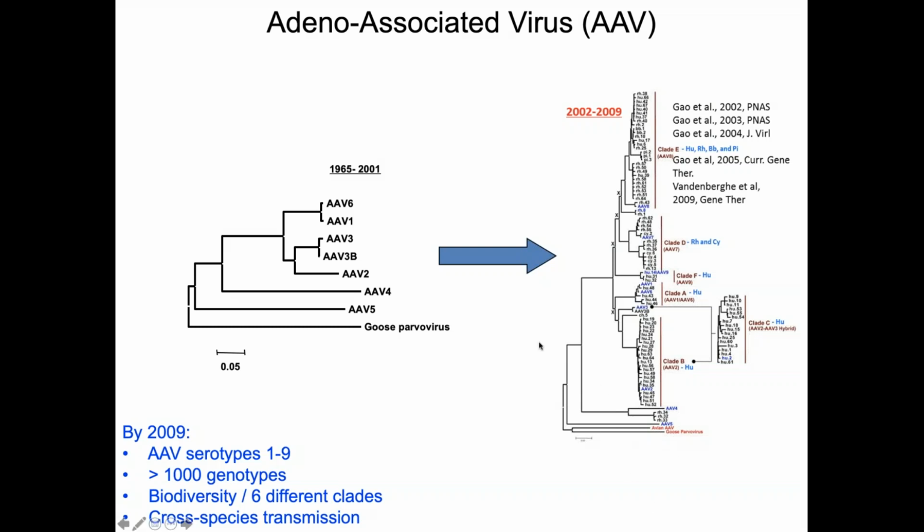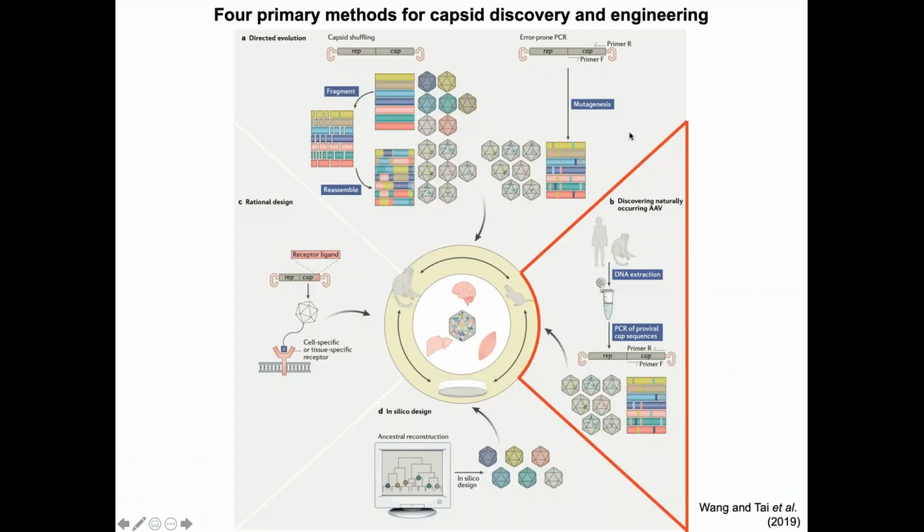And when we think about what's happened in the past 10 years, we've seen an explosion of the diversity of capsids that have been developed by our lab as well as by other labs in the field. And this can be broken down into 4 primary methods for capsid discovery and engineering. The first is rational design. The best example is grafting of a ligand or some peptide sequence that can bind to a cell-specific or tissue-specific